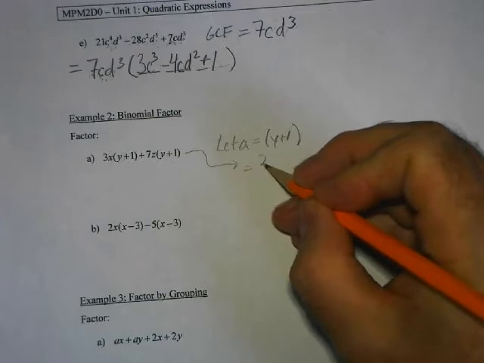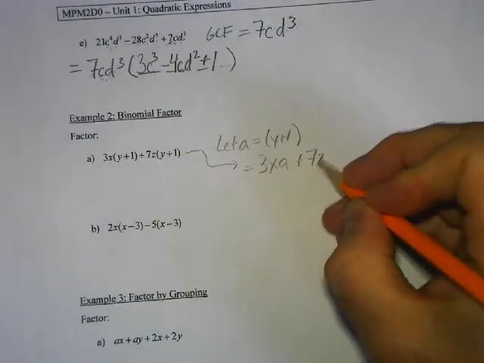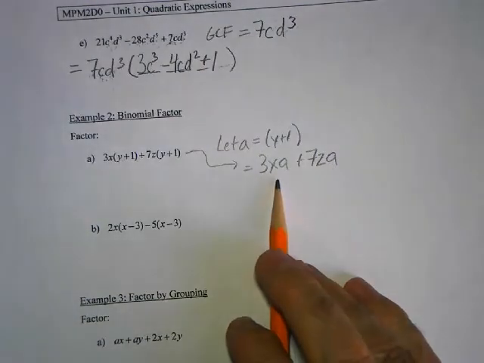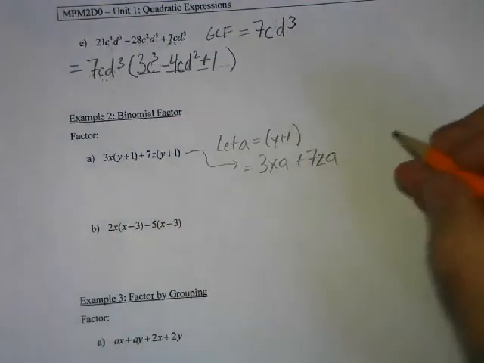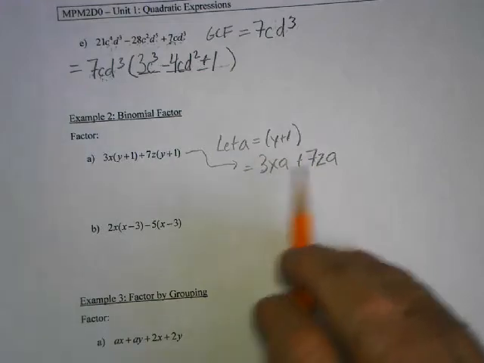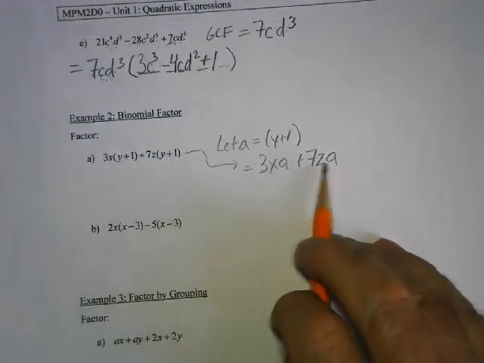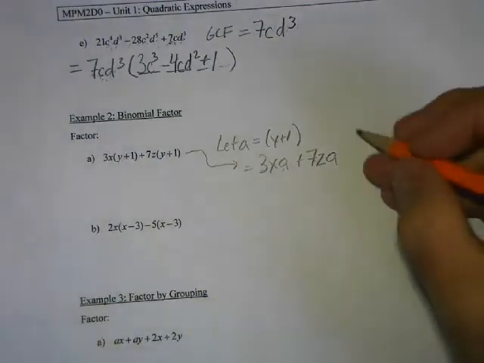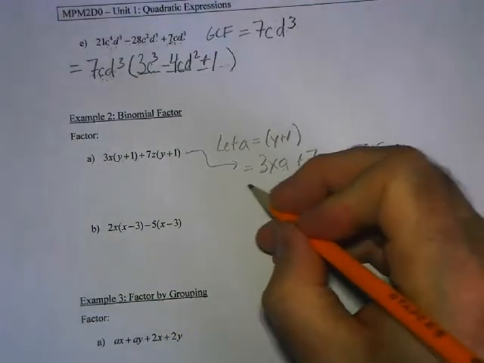So this now turns into 3xa plus 7za. And now, if I asked you to common factor this, you could, because the brackets are gone. So if you look at this, with the 3 and the 7, there's nothing common there that I could factor out. X I can't factor out, Z I can't factor out because it's not in both, but the A is common in both. Okay, so the greatest common factor is just A. So when I factor that out,